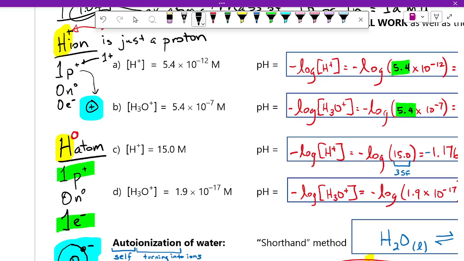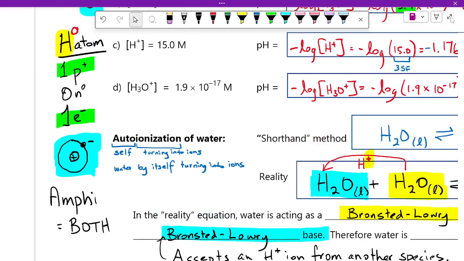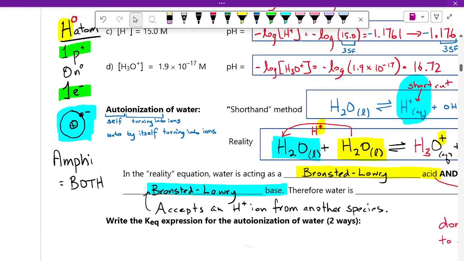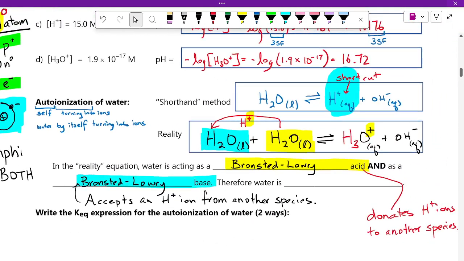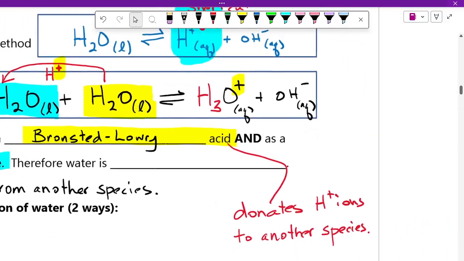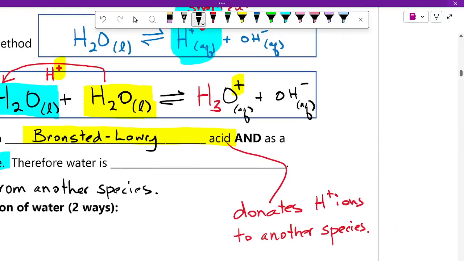Okay? In the acid unit, so when we talk about a Bronsted-Lowry base, or sorry, a Bronsted-Lowry acid, when we say it donates H,